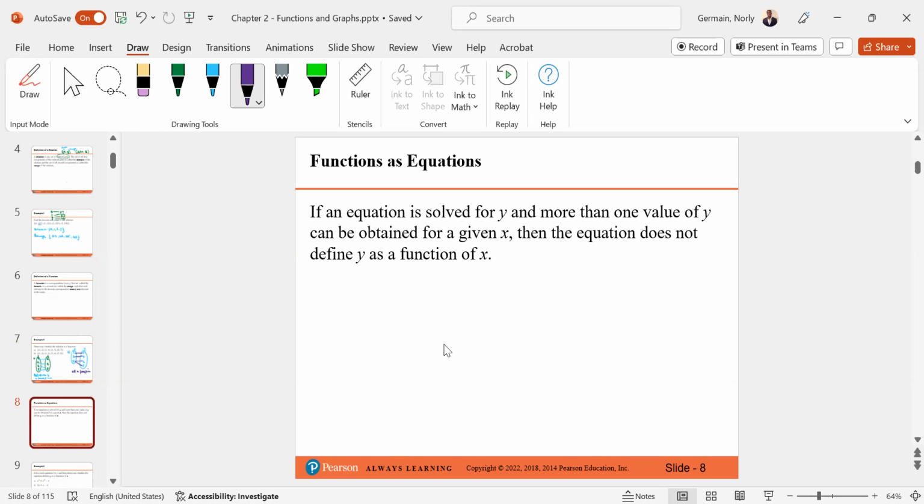So functions are usually given in terms of equations rather than as sets of ordered pairs, because we use ordered pairs just to explain what we're doing, but usually